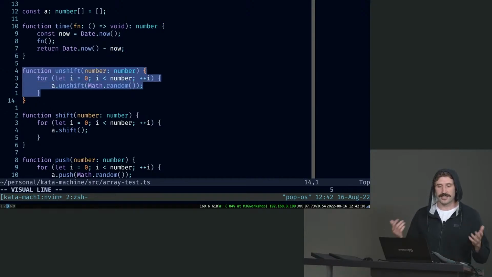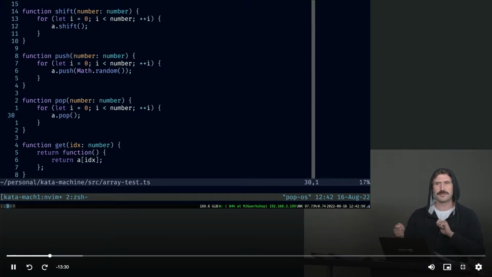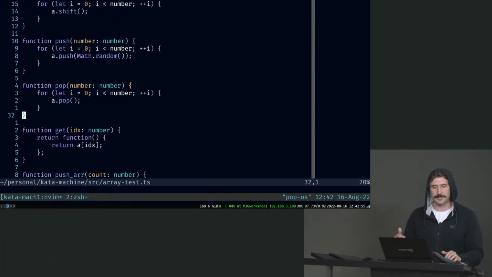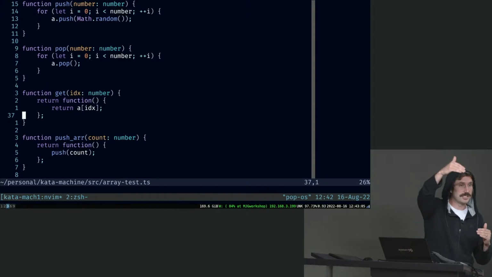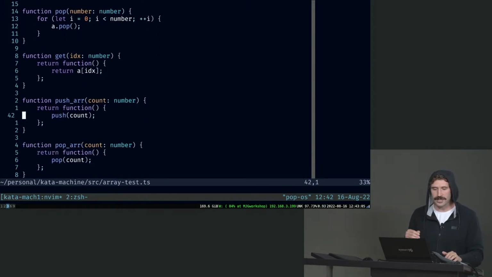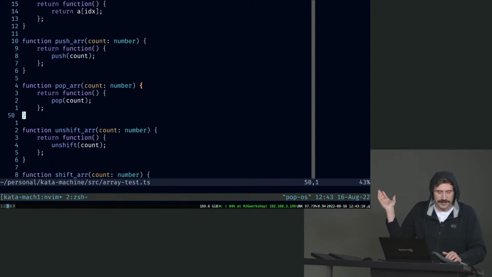So I create a function that will simply unshift a certain amount of times. Unshift in JavaScript, remember, that's adding to a list. Thank you, Brendan, for that one. Push, pop, shift, unshift a number amount of times. Lastly, we're going to have get based on index, so just in case it is a linked list underneath the hood, if we were to get progressively larger indices, we should see a linear slowdown, right? So then I create this thing, some little